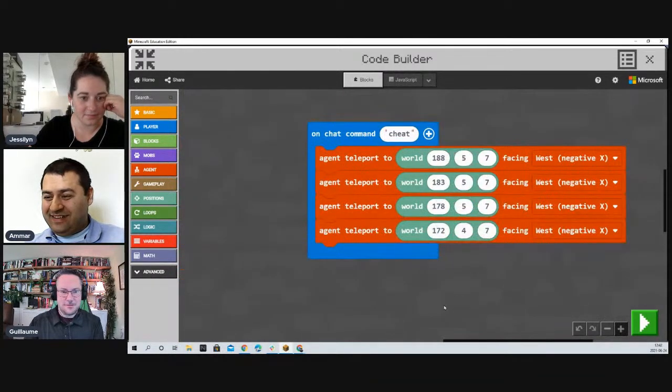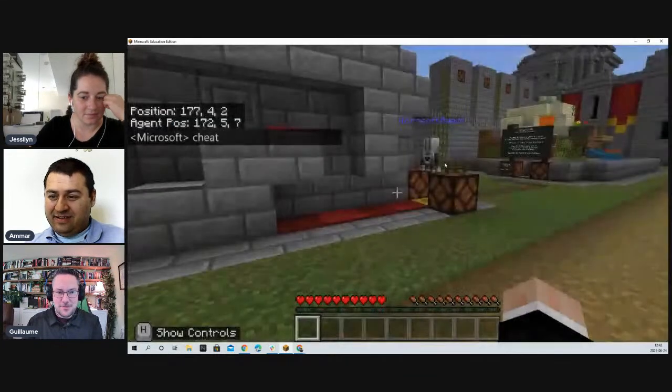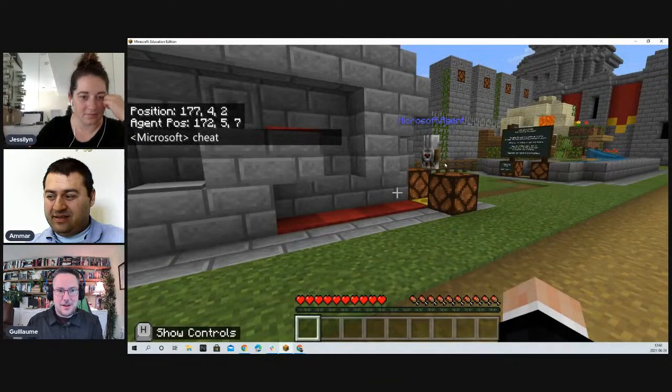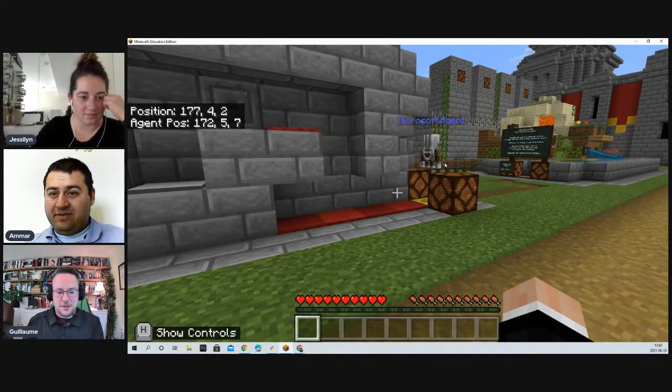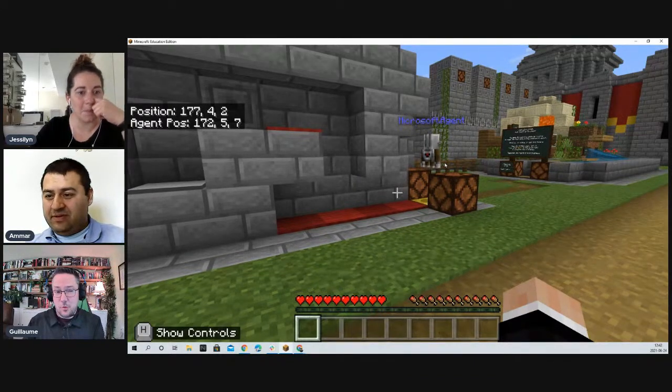4 blocks. So you can ask your agent to teleport to a specific position in the world. In order to do that, you need to activate your coordinates. If you look at the top right of my screen, it says position 177, 4, 2.